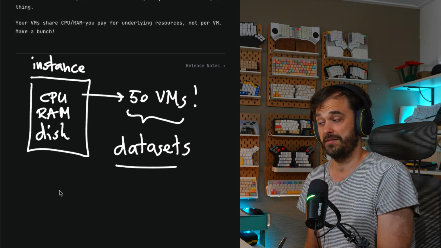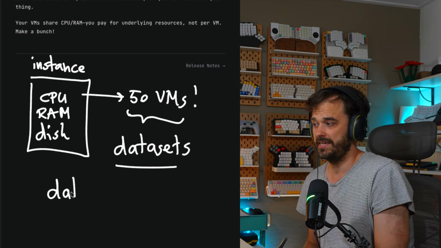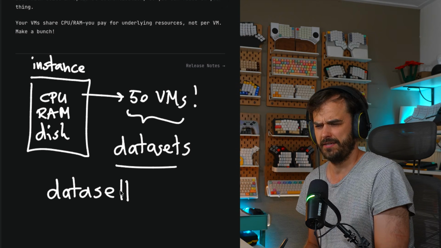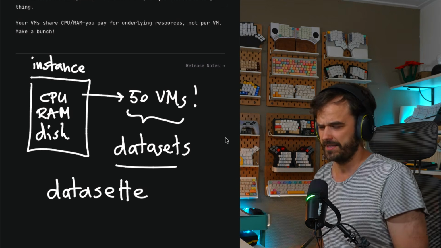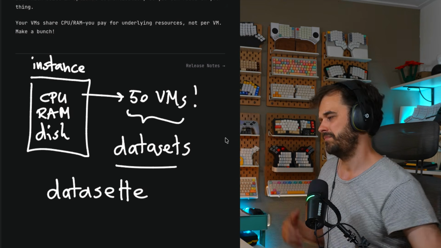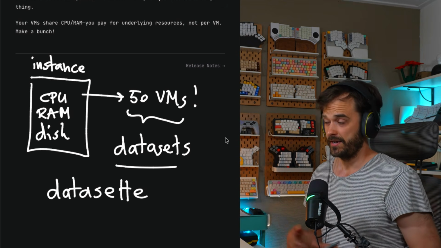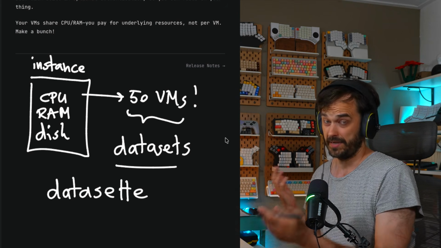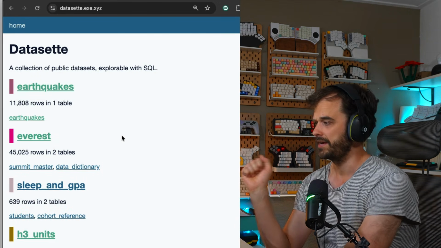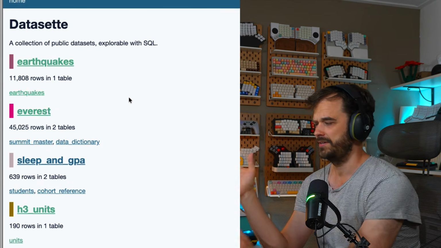And it turns out that there's this project made by Simon Willison called Datasette. You kind of spell it like cassette, but you write dataset instead. And the whole point is that it gives you both a web app as well as a JSON API so that you could write SQL against a SQLite instance. And here's mine. It only has a few datasets in it, but just to give you an example of what you could do with this,